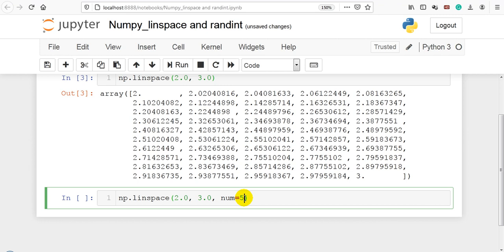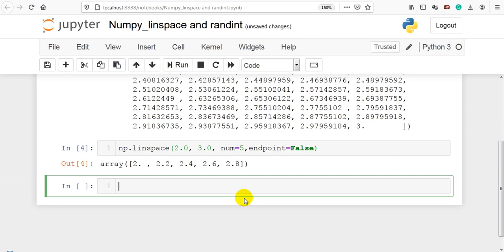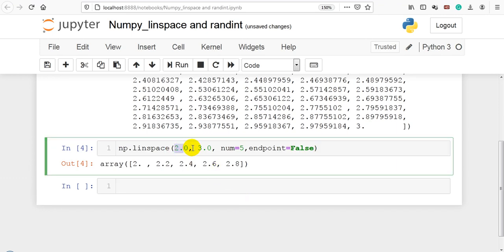Let me take another example. 2.0, 3.0, num is equal to 5 and endpoint is equal to false. So here start and num is equal to 5 means the number of samples needed to generate within the interval.